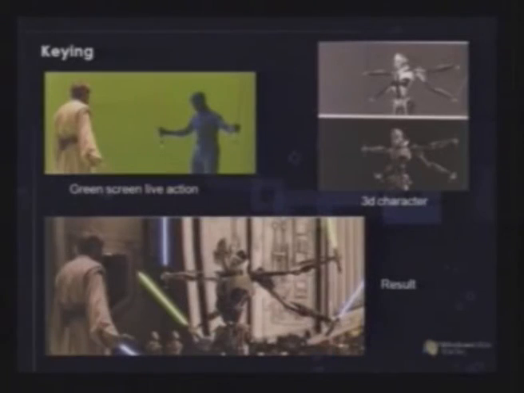Now let's look at another image, as we are talking about the techniques and the tricks. This character is wearing a blue suit and has a green colored background. Why are we portraying a character who's wearing a blue suit in front of a green background? There is a reason: we might be replacing this character with another character which is being done in 3D.